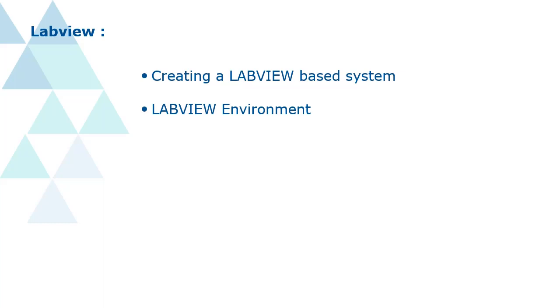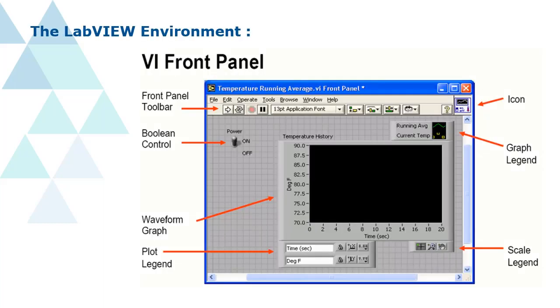Unlike text-based programming, LabVIEW is a graphical programming language that uses icons and node-to-node data flow programming. Basically it describes the key concepts including the LabVIEW environment, data types, data flow programming, debugging techniques, useful shortcuts and tools, and an NI example for temperature measurement. As shown in the diagram, this is the front panel of LabVIEW. LabVIEW programs are called virtual instruments. Controls provide the inputs and indicators display the outputs. Each virtual instrument is made up of a front panel that provides the user interface, as shown in the diagram.